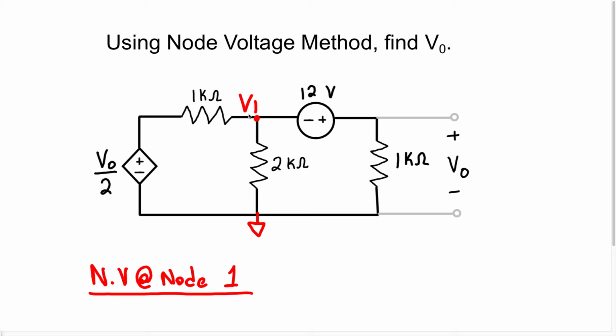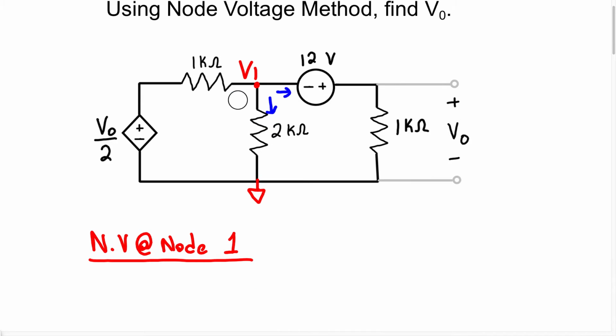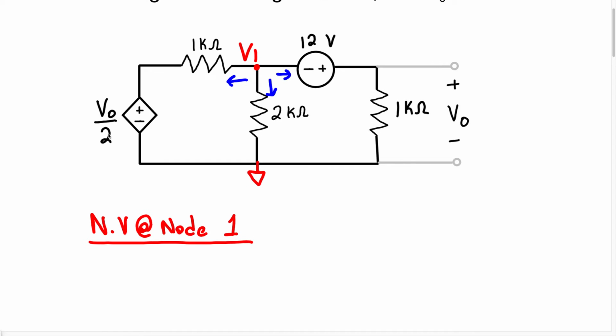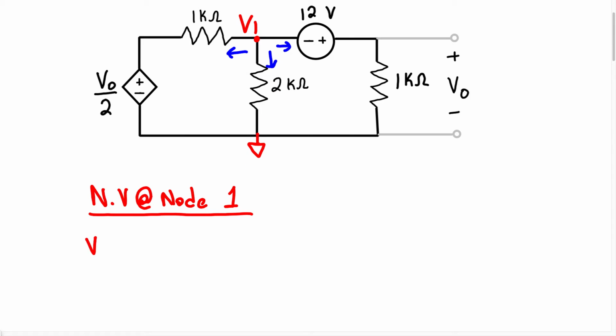So we're going to assume the current is going to flow in this direction here, in this direction, and in this direction. So we're always going to assume the current is leaving the node when writing the node voltage equation. So for the first branch, we're going to have V1 minus this voltage source. And even though it's a voltage source, it's a voltage dependent voltage source. So we have VO over 2 divided by that resistance, which is 1000. Right? Now after that, we have plus